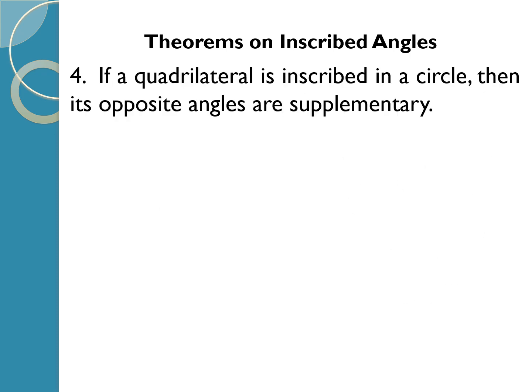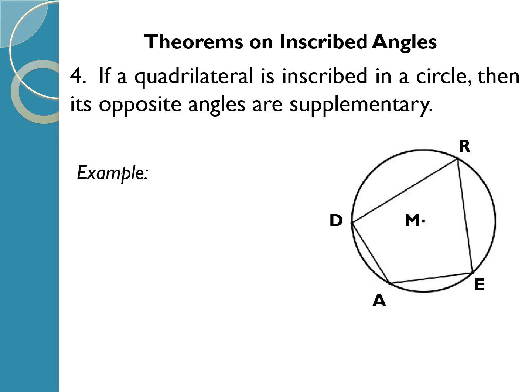The fourth theorem: if a quadrilateral is inscribed in a circle, then its opposite angles are supplementary. So let's have an example. We have here circle M. This is circle M. And as you can see in the figure, we have